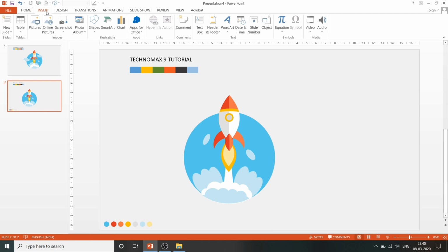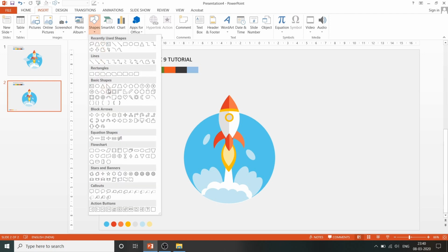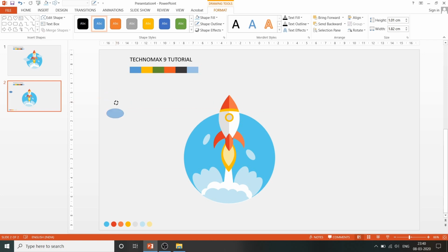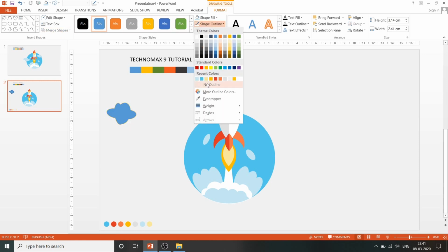Now go to insert, go to shapes, use an oval like this, turn it a bit this way, duplicate it, turn it a bit this way, duplicate it, turn it like this, make it a little bit bigger, place it here, duplicate it one more time, turn it like this, make it like this, select all of them, go to merge shapes and union, go to shape outline, no outline,